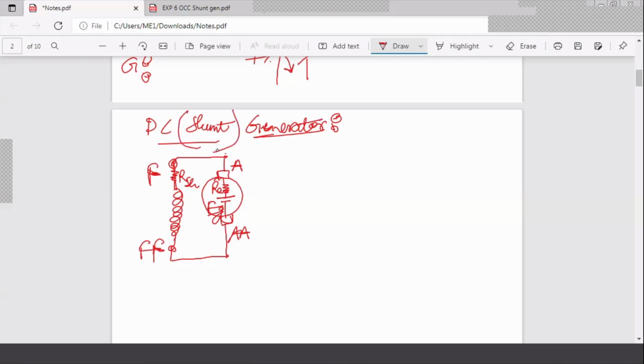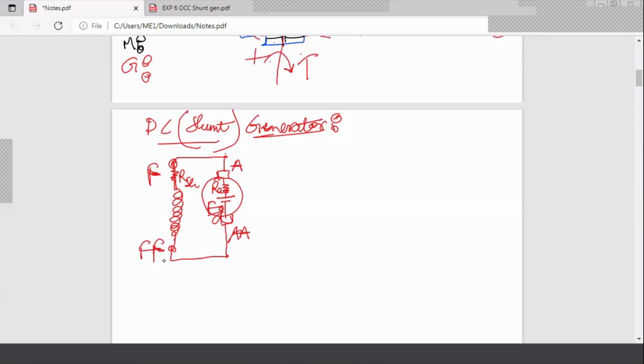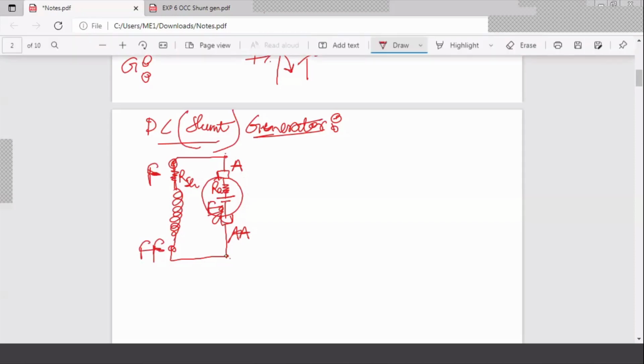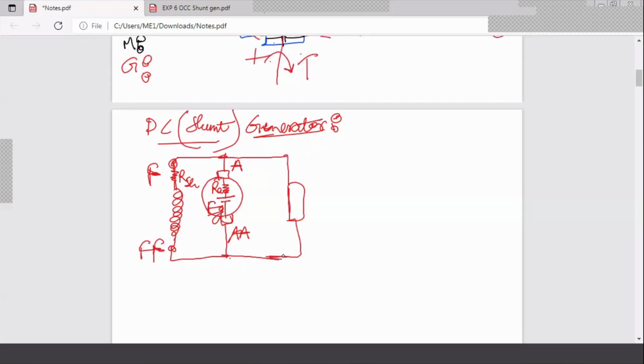Okay, shunt. Whenever we say shunt, that means a parallel connection. Whenever you have this field coil connected in parallel, this is known as a shunt connection. So this machine can now represent a shunt generator. If I take the terminals outside across this and connect a load here, then whatever current it provides will be multiplied by this resistance and give me an output voltage.